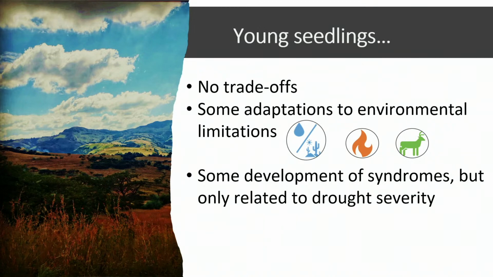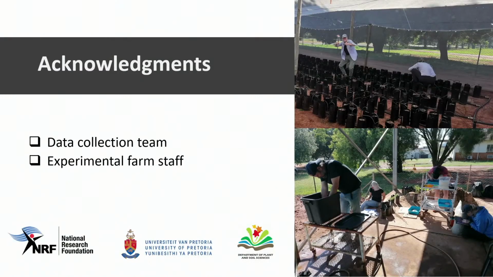So they need to invest in large seeds, in deeper roots, in less investment in leaves. Whereas in these areas with high disturbance, I think the strategy is that the tree just produces many smaller seeds and hopes that some of those that germinate will be able to establish and will not be exposed to a disturbance event. And so I think they seem to have very different strategies. And then finally we had some development of trait syndromes, but they were only related to drought severity at this very young age. All right, thank you very much.